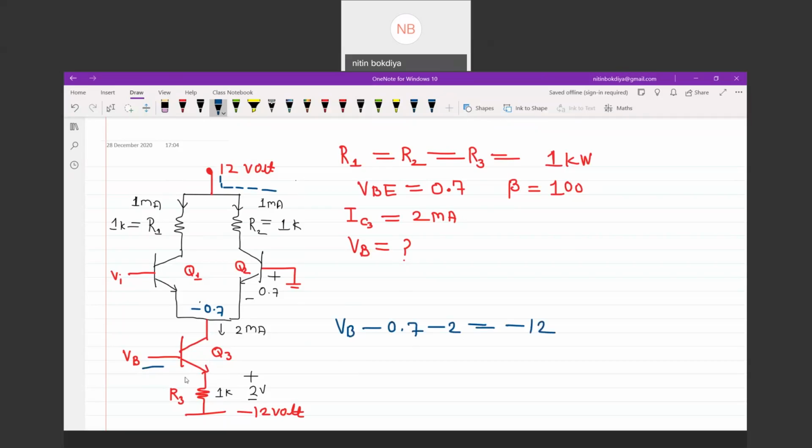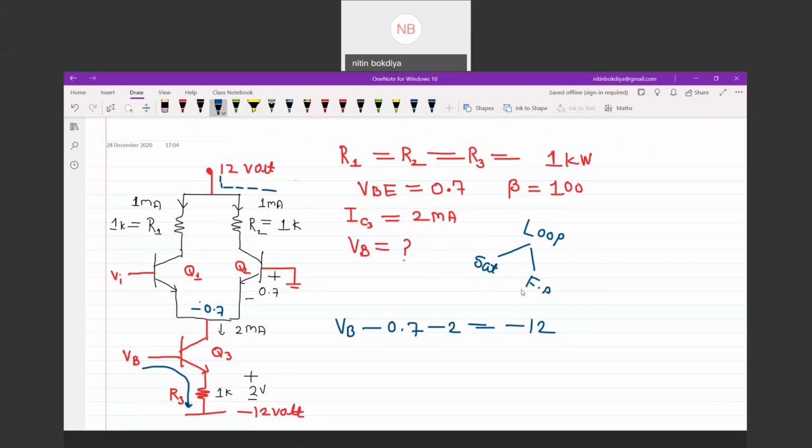यहाँ एक लूप लगा दिया हमने ना. बेस इमिटर में हमेशा you can apply the loop when your junction is forward biased, है ना. और फॉरवर्ड बायस जंक्शन चाहे वो किसी भी रीजन में हो, क्या फर्क पड़ता है. Means you can apply the base emitter loop in base emitter. You can apply loop in base emitter in two regions. First reason, you can apply loop in base emitter region when your transistor is in saturation or in फॉरवर्ड एक्टिव. दोनों रीजन में लगा सकते हो क्योंकि दोनों की कंडीशन यही है कि at least बेस इमिटर